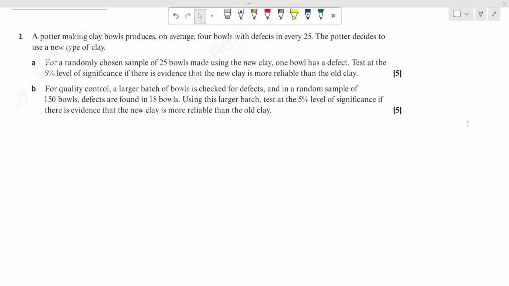Today I am going to teach the topic hypothesis testing from probability and statistics for A levels. I am going to explain past year's question papers from this topic. See here, the question is given: